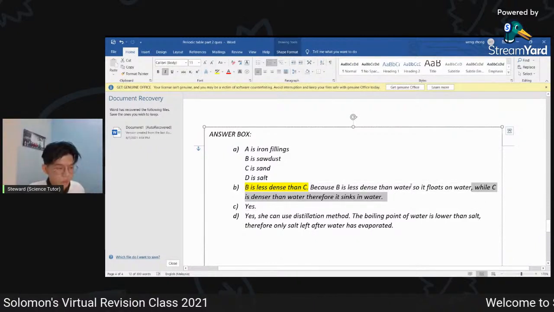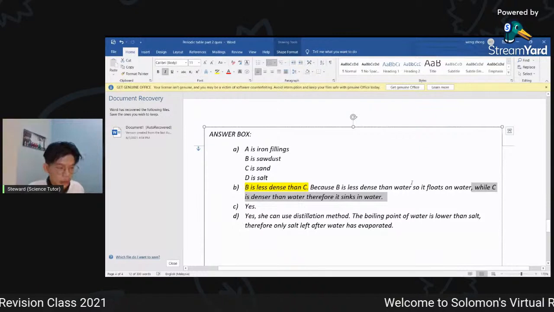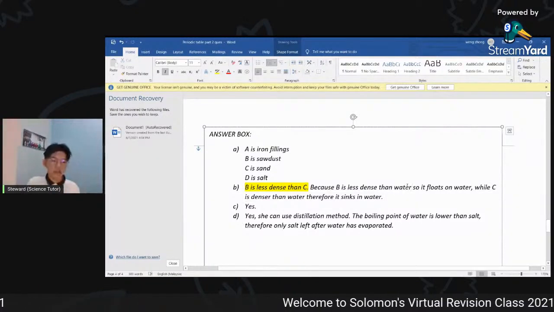While C is denser than water, therefore it sinks in water. Okay, maksudnya kalau in order for something